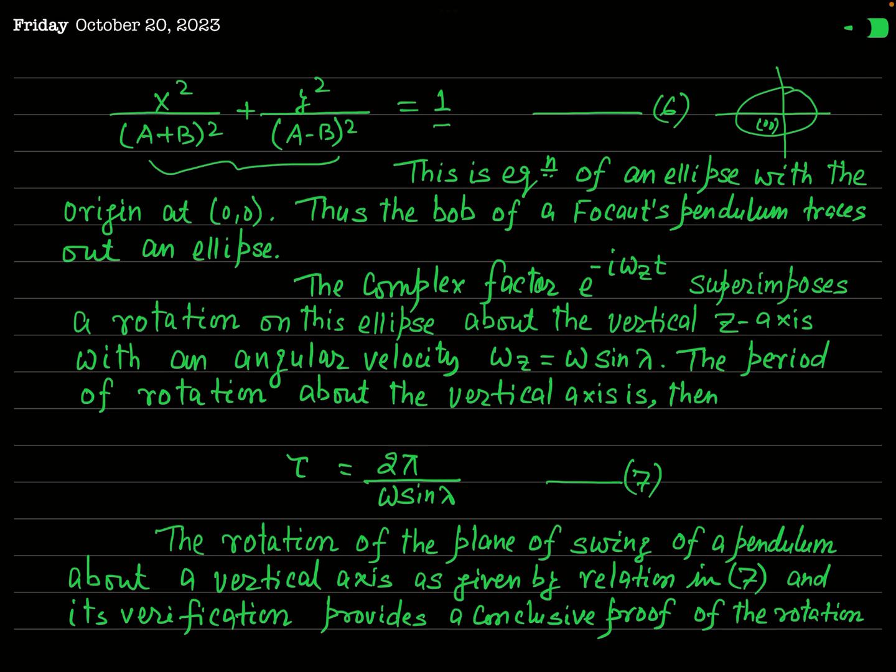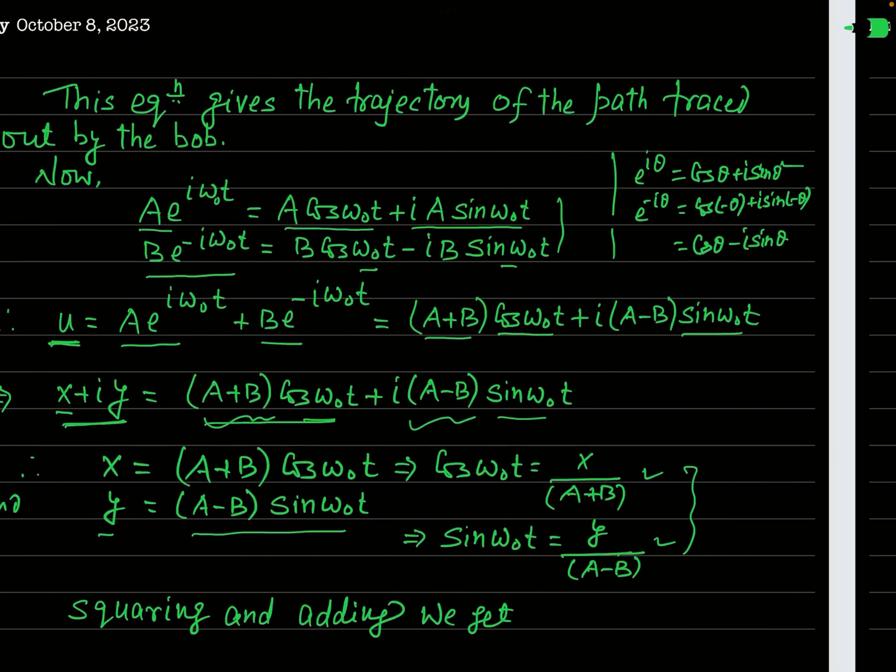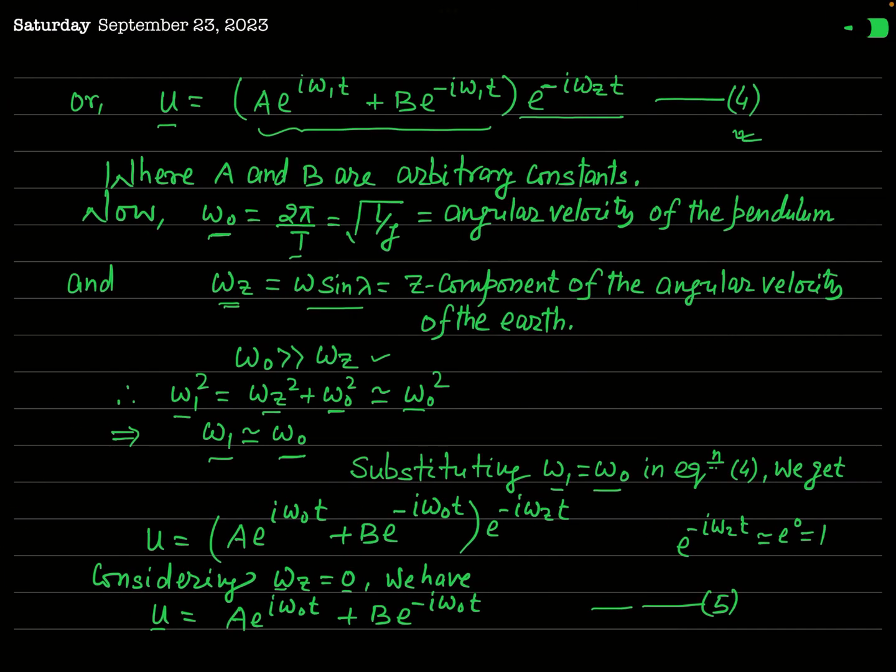Now the next part of the problem is to prove that the earth is rotating. Earth is a rotatory object, we have to prove. Now you can see the complex factor e to the power minus i omega z t is actually superposed here in this equation 4. Although while finding the equation of trajectory I have neglected it, but this is not 0, but negligible. Sorry, not negligible, but I have taken its value as 1. Okay. So it is actually superimposed on this